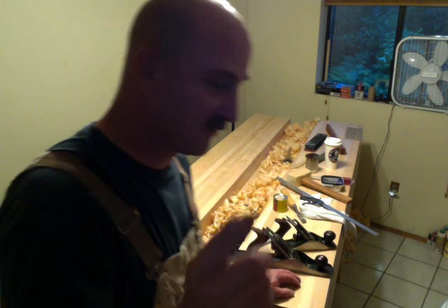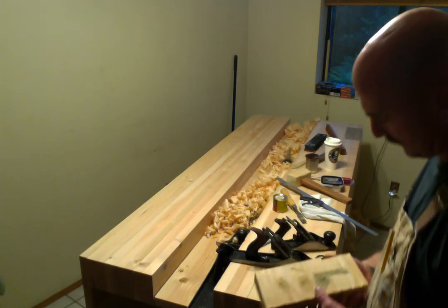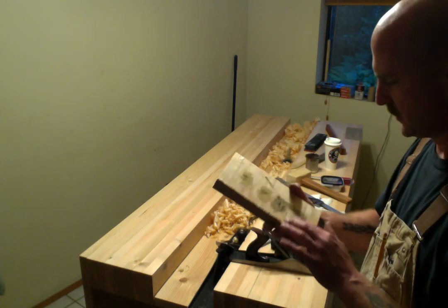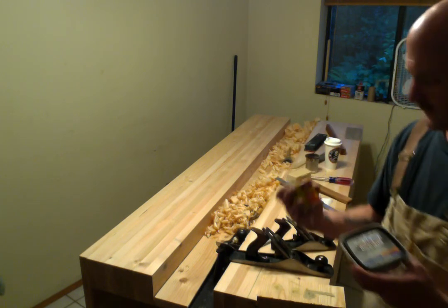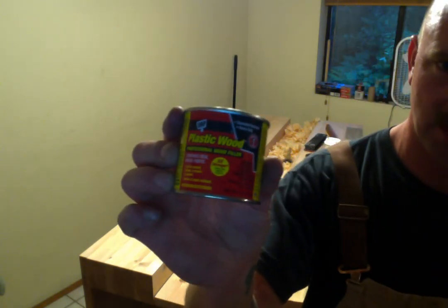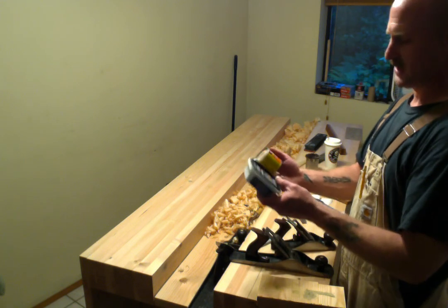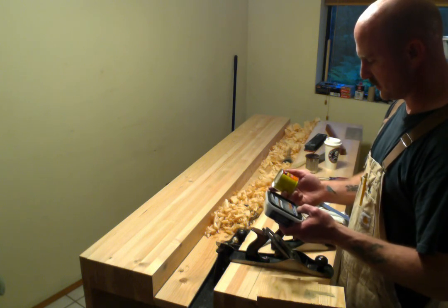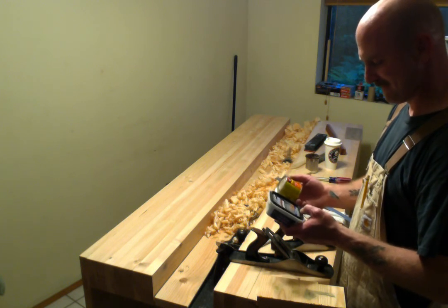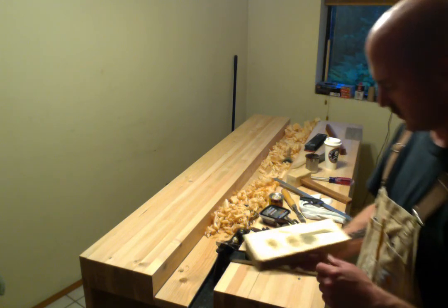Oh, something else. One last thing before I cut this. One thing before I'm going to go to bed, so you need to start looking at that. I said it in one of the videos earlier, but I tried two different products, plastic wood by DAP, and then the Elmer's Pro Bond wood fillers. Both of them say they're sandable, stainable, whatever. They're both interior, exterior. They're pretty comparable in price, but